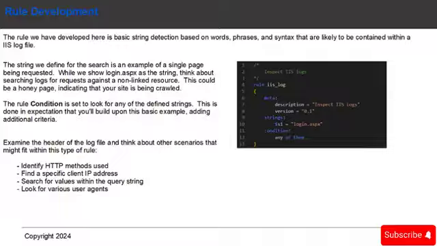and triggered upon. Examine the header of the log file and think about all those different fields. There are a lot of different scenarios that those fields would play into from a threat detection standpoint. You could use it to identify certain HTTP methods that you want to be aware of. Maybe look for a specific IP address or search the values inside query strings for certain patterns. Of course, you can also use it to look for various user agents. So there's a lot of possibilities here using just a very basic Yara script that's built around string matching in